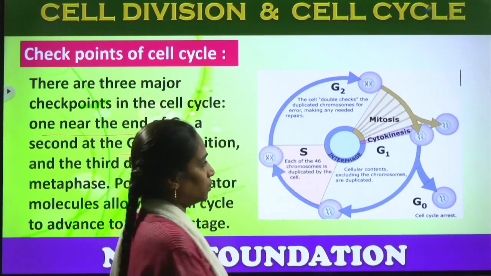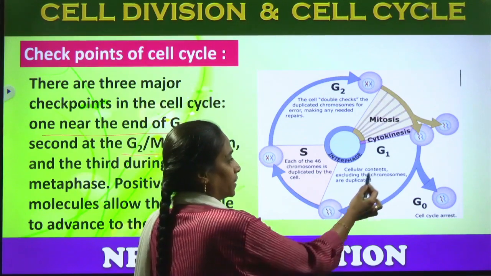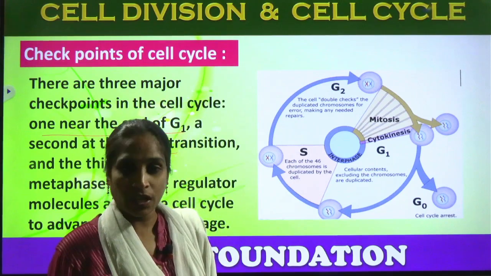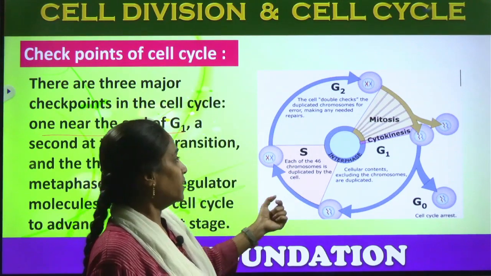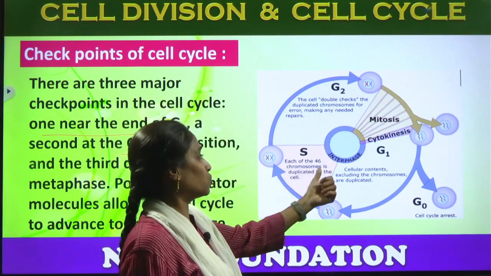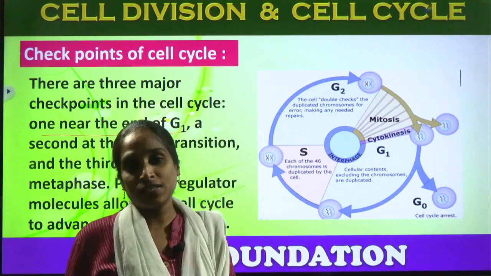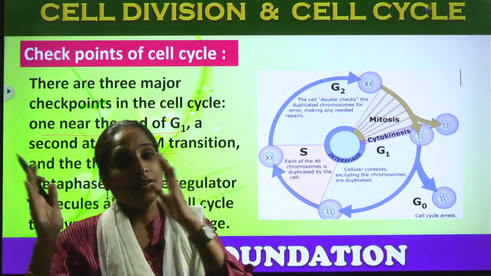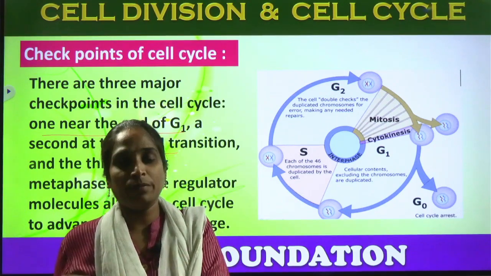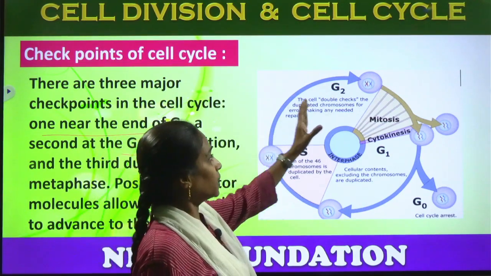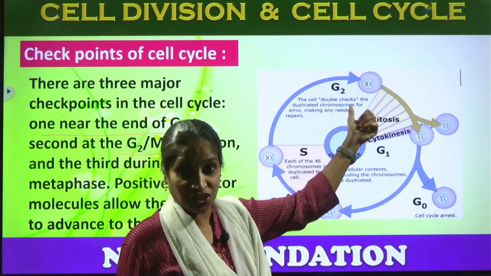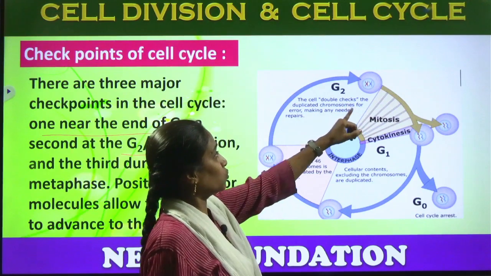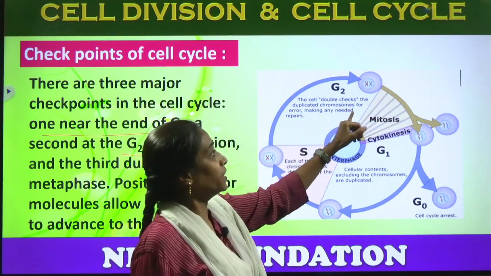So within this, in the G1 phase, cellular contents excluding the chromosomes are being duplicated with the help of a checkpoint, and each of the 46 chromosomes are duplicated by the cell. An equal number of cells is also maintained by the chemicals which are regulated by the checkpoints, and the cell double checks, double checks, twice or thrice they will be checking the duplicated chromosomes for errors or making any needed